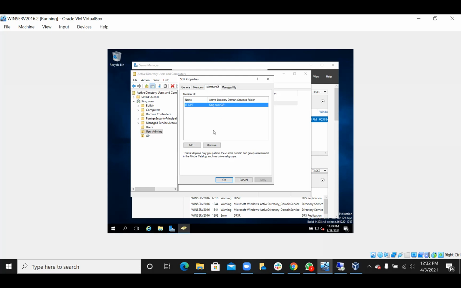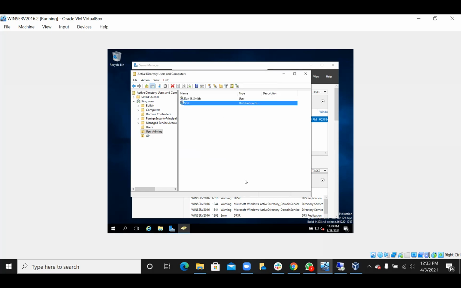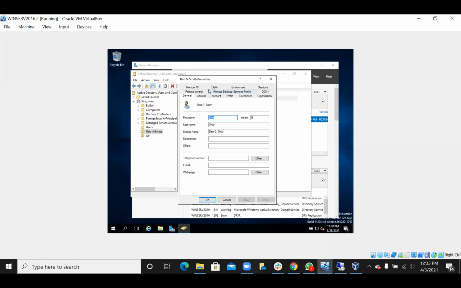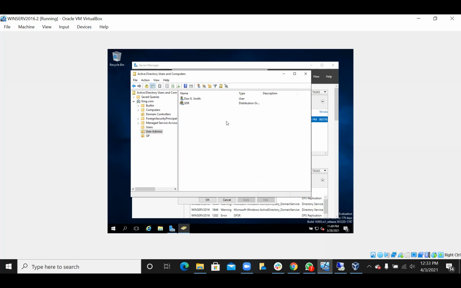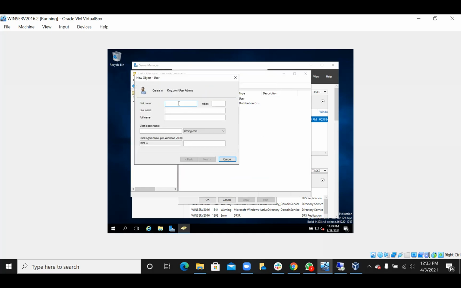I've set a policy that SDR is a part of IT. Same as Mr. Dan Smith here. Mr. Dan Smith here is a part of IT as well. He's a member of IT. You see here? Because he's a user. He's not a group. A group is different from a user. So a group is a combination of a lot of people. Like I can go in here, let me just create another user again so we can differentiate. So I can do, let's say, Mark